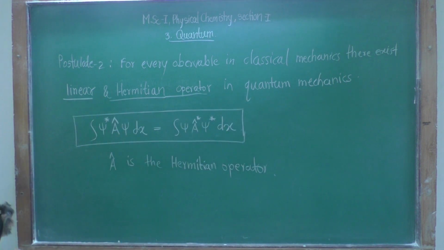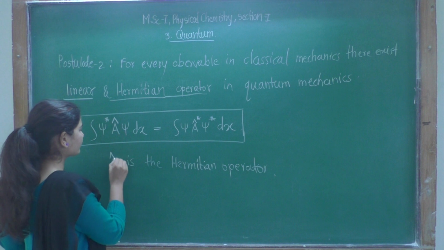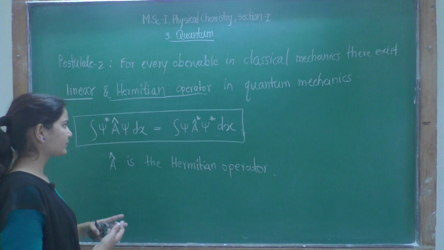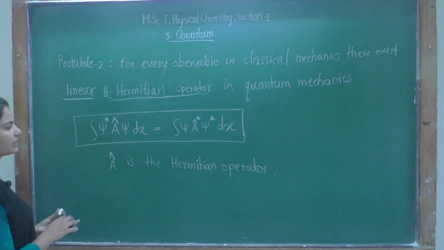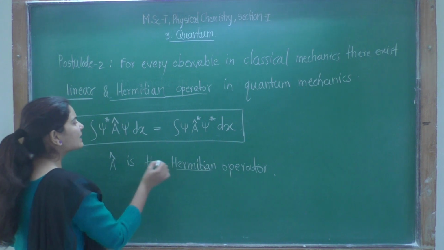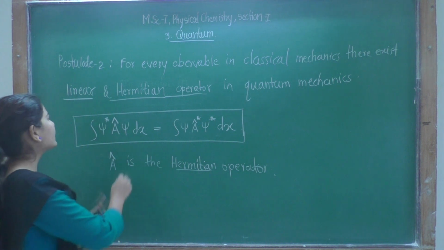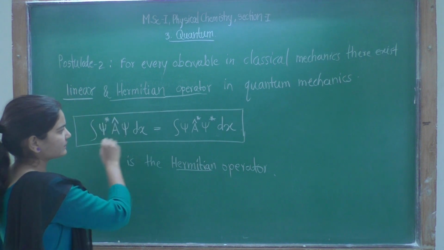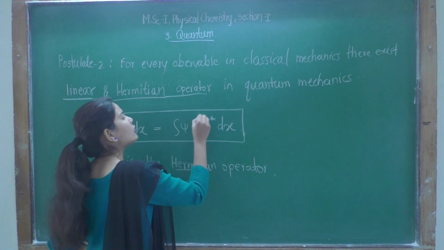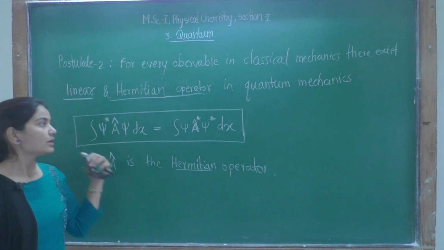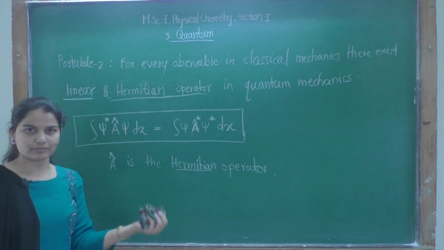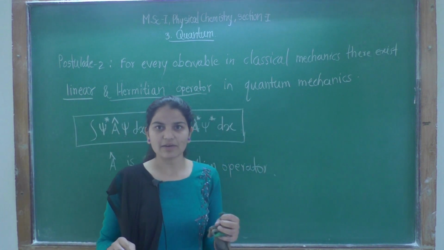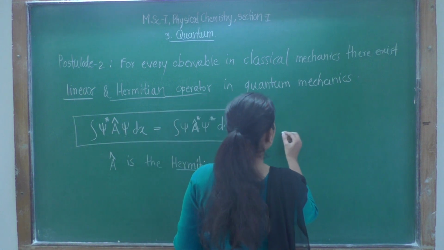Now the next thing is, see why this condition arose. Why do we have to study this condition? Because in quantum mechanics one rule is there. The wave function may be complex, the operator may also be complex, okay. The wave function and operator may be complex, but we have seen one equation in our last lecture. What was that? The eigenvalue equation.